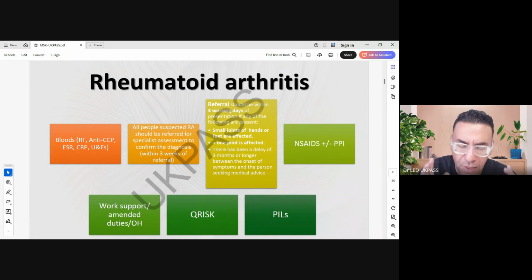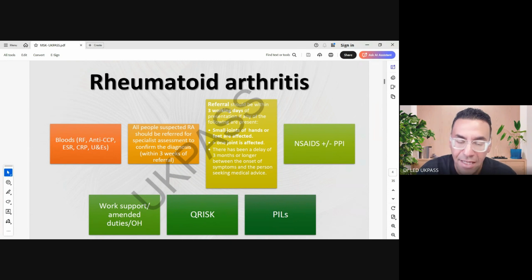Now, what to do as well? We haven't finished this problem, because the patient is coming to you, telling you, doctor, I have pain, I have swelling, I have stiffness. How to help with pain, how to help with swelling, how to help with stiffness, as a general rule. Now, pain, simple painkiller, like what?